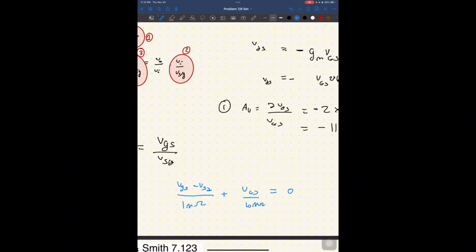So if I multiply everything by the mega ohms, then it's VGS minus VSig plus VGS over 10 equals 0,